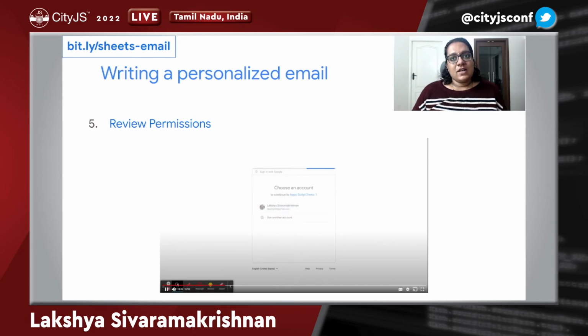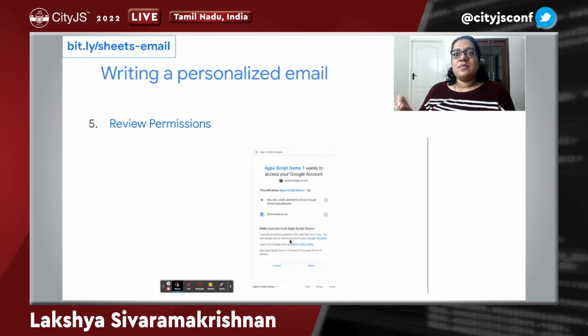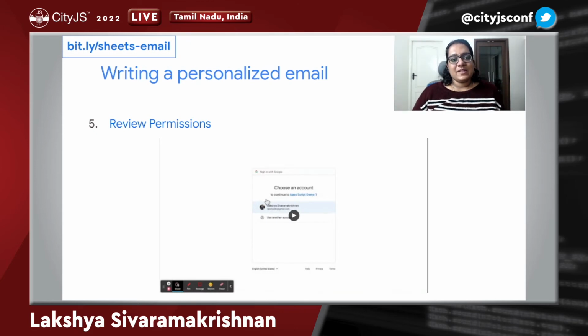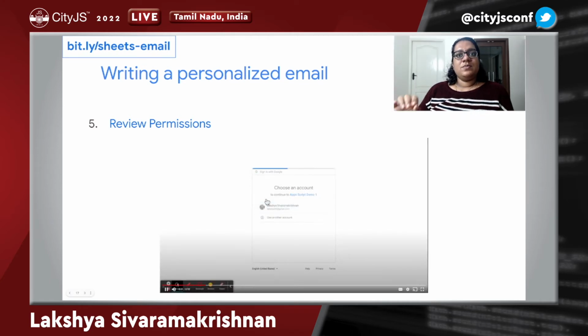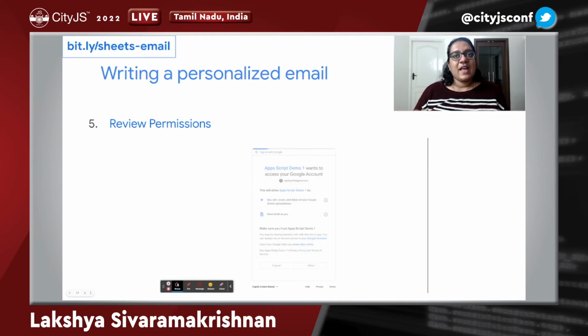So you select the account which is tied to this, click on advanced and say proceed and allow. Once you do that, the authorization will be successful, right? Let me show it to you again. So you click on your account, you click on advanced, you say go to AppScript demo, you say allow, and this makes your authorization successful.